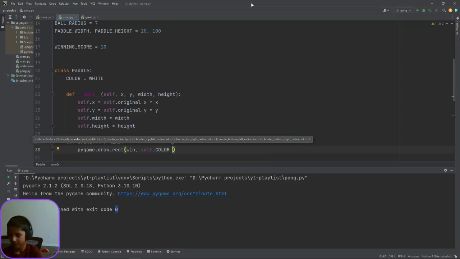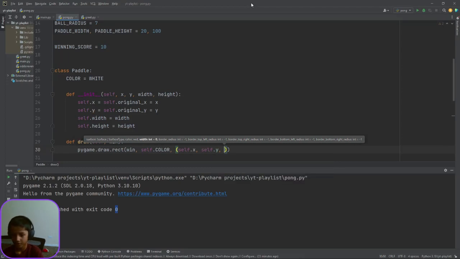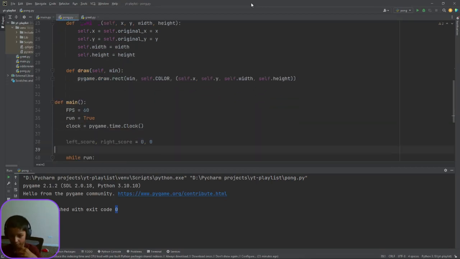And then now we take something called position. Oh wait, no. Yeah, we did the color. And now we need to pass the position and the bounds. So let's do that. I'm going to put a comma. And then for the position, we're just going to use self.x and self.y, and then we need to put self.width, then we need to put self.height. There we go. Now that we have a way to draw our things, we should create something to draw them